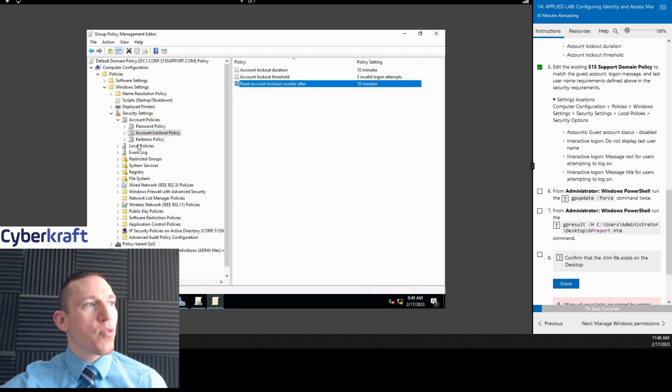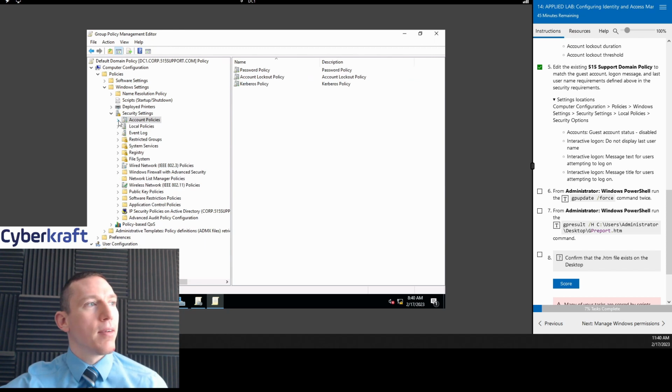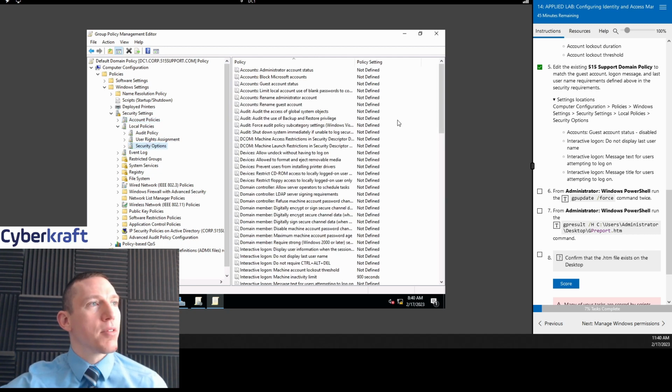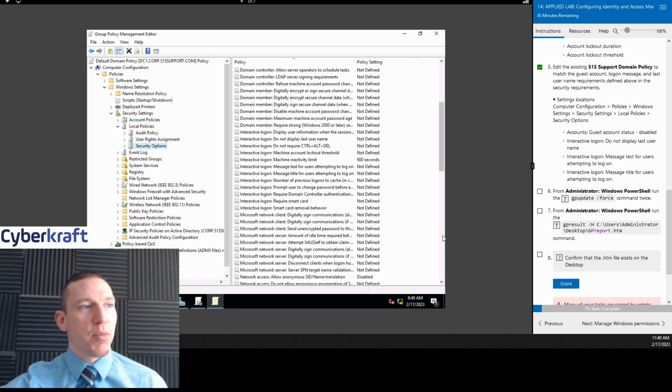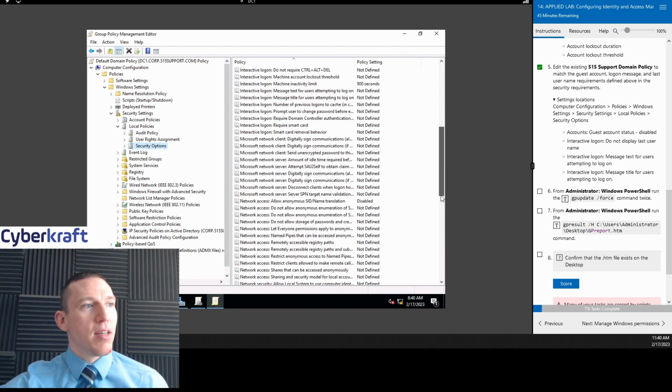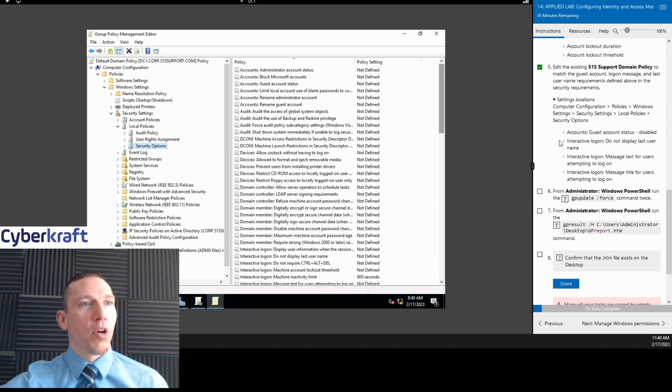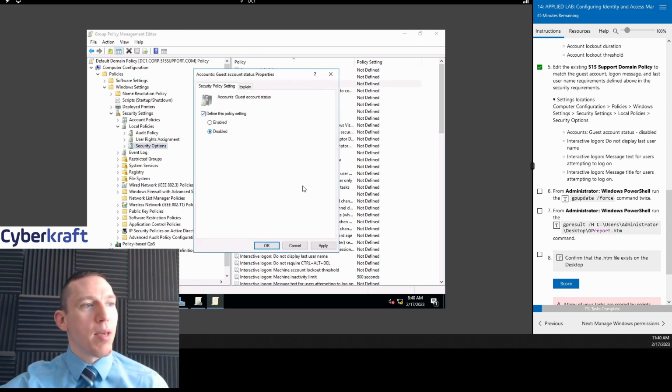Okay, now for the rest of these, we're going to have to go to a different setting. We have to go to Windows settings, security settings, and we have to go to security options, right? Local policies, and security options. Okay, now here's where you'll find a lot of these miscellaneous settings that we're going to be looking for. So a lot of these are going to be in accounts, guest account status, disabled,